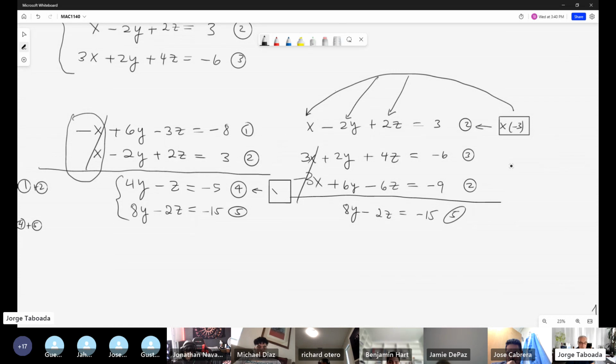by negative 2, no? Why? What's the reason? Because negative 2 times negative 1 is positive 2. When you multiply the entire equation number 4 by negative 2, we now have negative 8y, multiplication this and this, and negative times negative is positive 2z equal, this is positive 10. This is my new equation 4, 100% equivalent to the original. Now 4 plus 5,